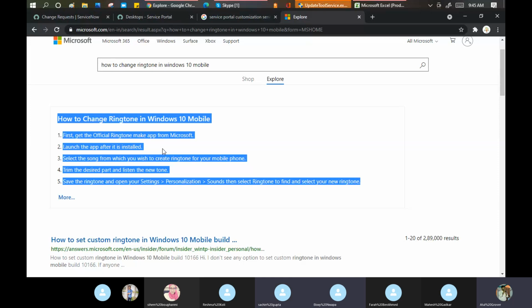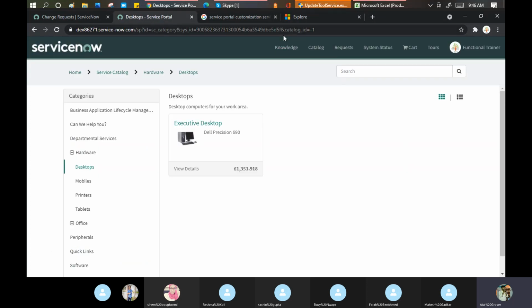Now, okay. Knowledge base. Yes, Sachin, you're saying something. It's kind of a knowledge base. Knowledge base is not the right word here. It's not a knowledge base. It is a knowledge article. Knowledge article is basically when a customer wants, they can check and use that part. So in the same way, we have knowledge in our ServiceNow as well.